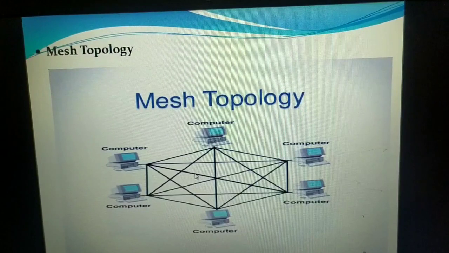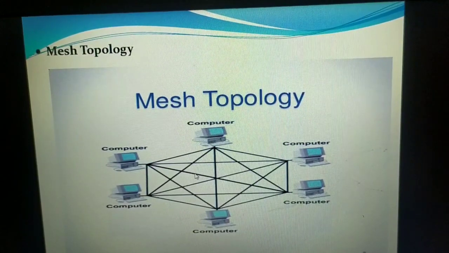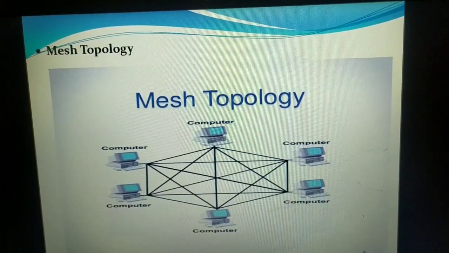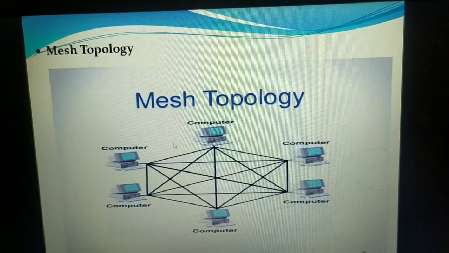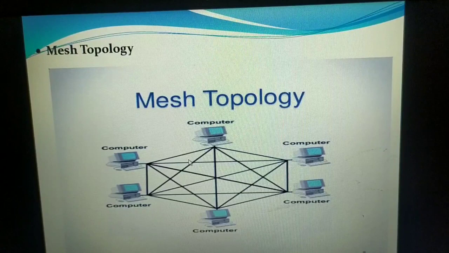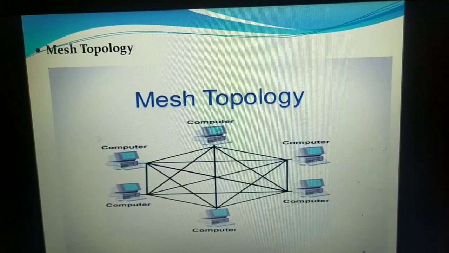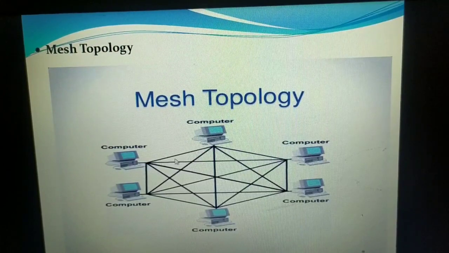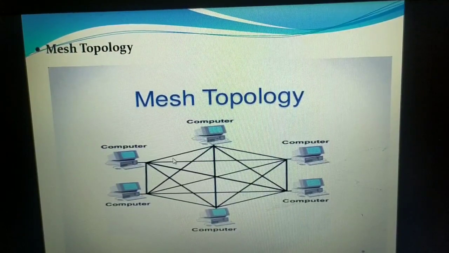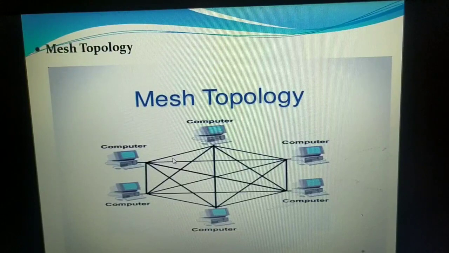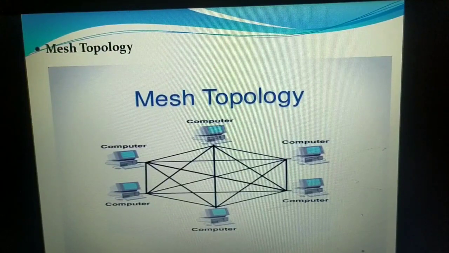In the previous graph topology we studied that if the nodes are connected to each and every other node, then I can say it is a fully connected graph. But one exception in graph topology is that the nodes can be in arbitrary fashion. It may not have a definite shape. They may be alternatively connected, and a link may exist between 2 nodes, or they may not be connected at all. That is nothing but the graph topology.